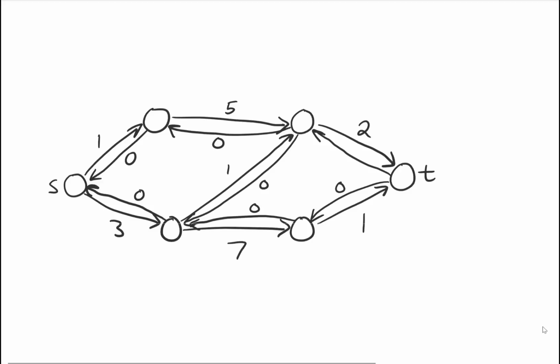And so I'm just going to run through a quick example of finding augmenting paths, and you can just think through this. So what we can do is we can find one path. So there's a path from S to T along the top here. So I'll just take that one. And what you'll see is I'll just remove one from this edge, and this edge, and then replace it in the graph. And it's basically doing the same thing as the edge reversal technique. It's just doing it on these values. So let's find another path through here. Let's go down and then through the middle and then over to the right. So we'll change it here. And so that's what's left there. And so now I need to find another path.